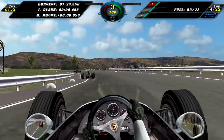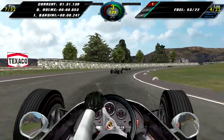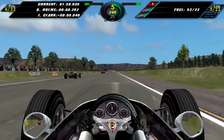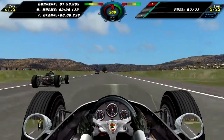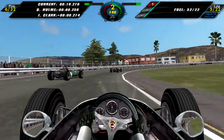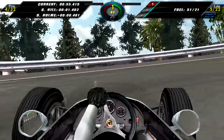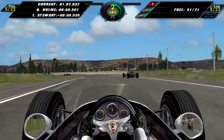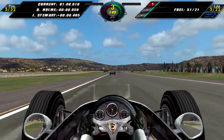Still on lap 4 here, trying to get around Jim Clark, and unfortunately in doing so Denny Hulme manages to overtake us, so we drop down to 3rd, which isn't ideal obviously. Now starting lap 5, and I caught up to Jim Clark again, past him, and we're looking at Denny Hulme. Hopefully we can regain 5th. That would be obviously very good as we come into turn 1 once again, but couldn't quite pull it off. I then managed to overtake Jackie Stewart and Hulme coming into the hairpin. However, that was very scary. I braked very late, and I decided that dive bomb was a bit unfair, so I decided to let Denny Hulme back past,